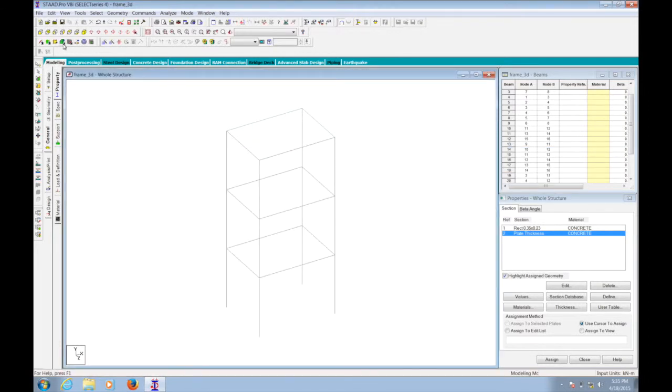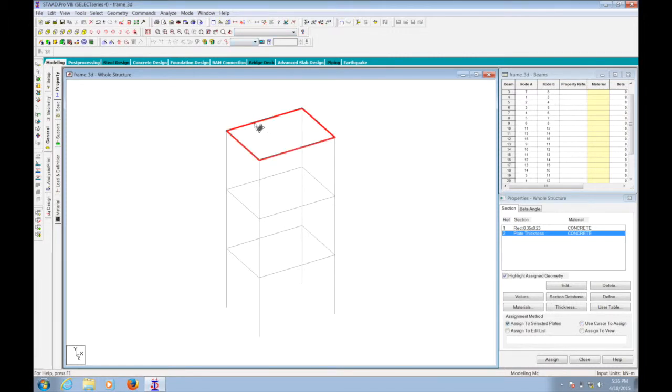So now again I can click on this cursor and I can draw a new plate, but it will be easy in this problem. But let's say if you have to analyze a building of, let's say, 70 or 80 stories, it will not be good practice to go here each time and then draw. Instead of that, we can copy the plate we have just designed. So I'll show you how you can copy in StatPro.